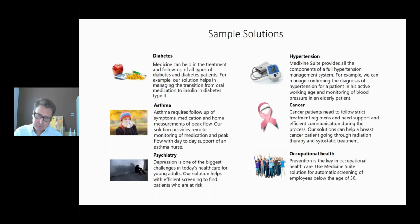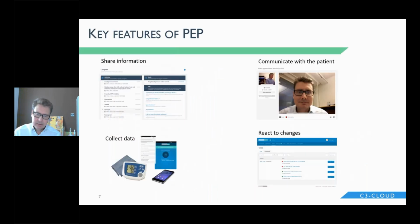And C3-Cloud with the 4 main conditions is quite a good example of where you need to have that flexibility to do different things. I want to focus on 4 key areas of the patient empowerment platform where it really can bring benefit to the users. The first one is sharing information with the patient, and I think